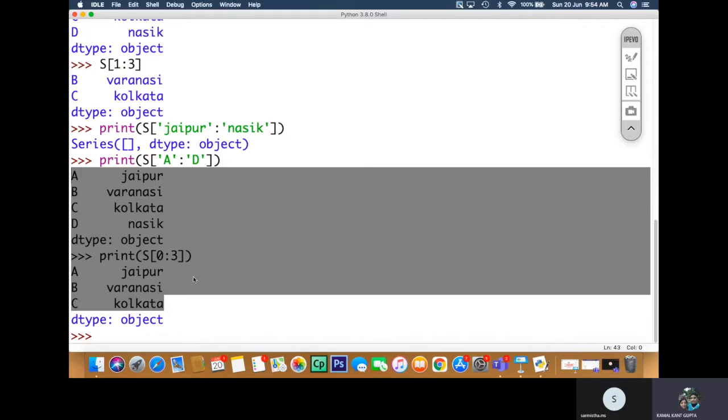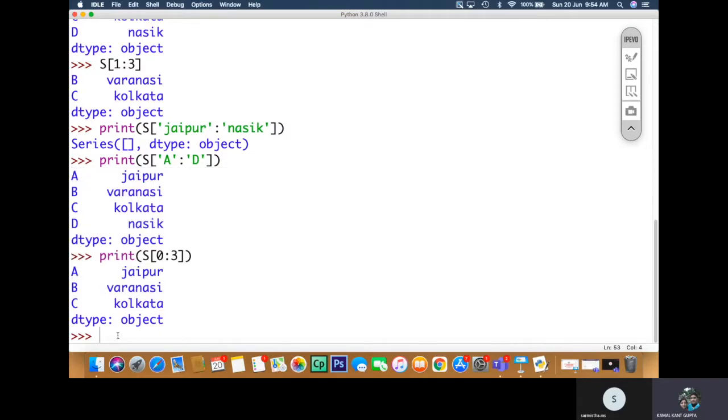What will be the output if I'm writing here s at b colon c equal to France?